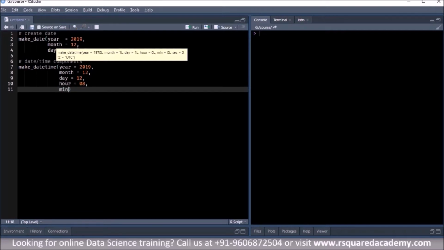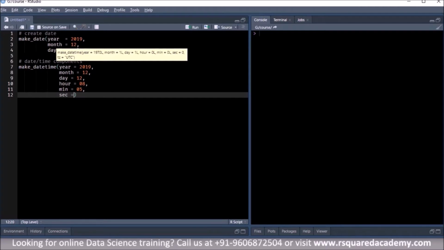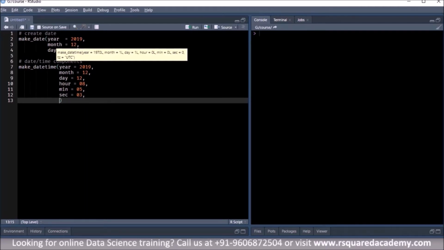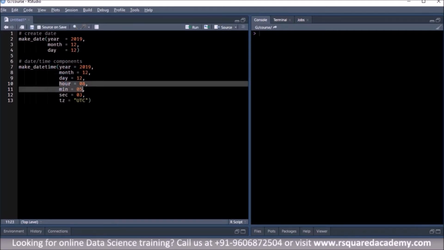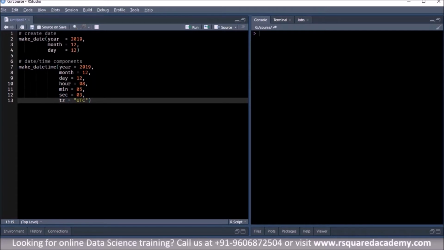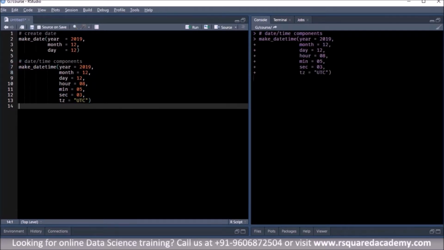So hour, min for minute, and sec for second, which is 03, and finally you also add in the time zone. So we took whatever information we had in the previous example, year, month and day, and then we added the time component and the time zone. So let us run this, and you can see the datetime object here. It has the date component, the time component, as well as the time zone.